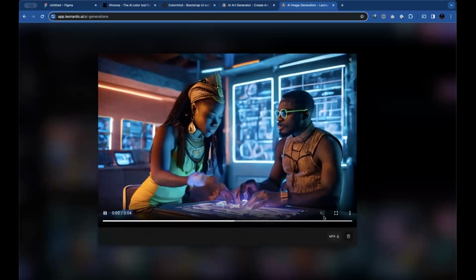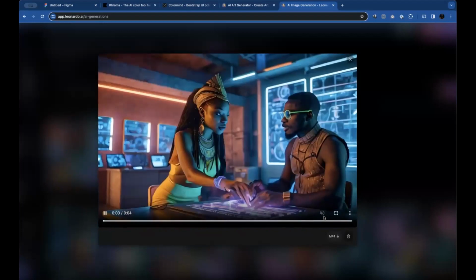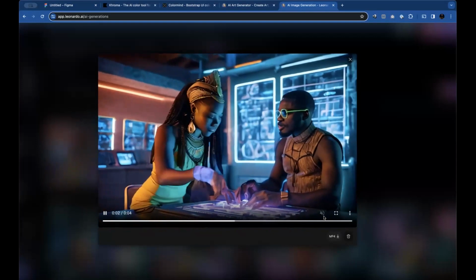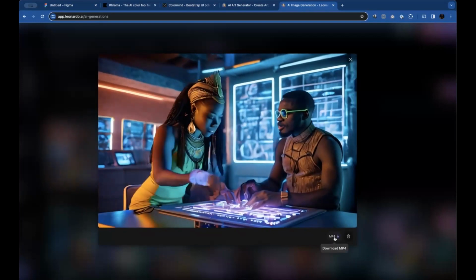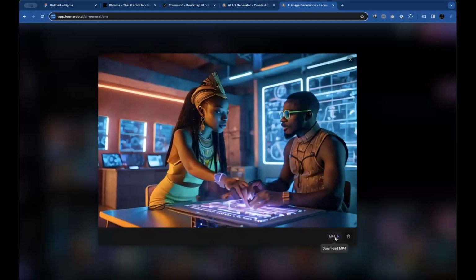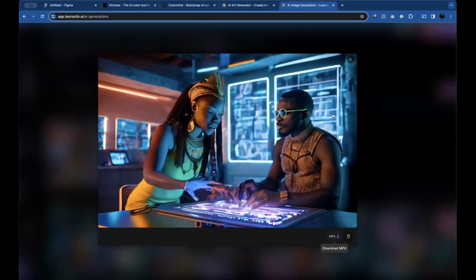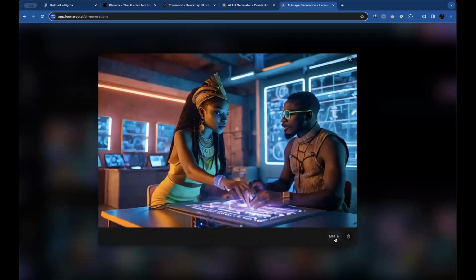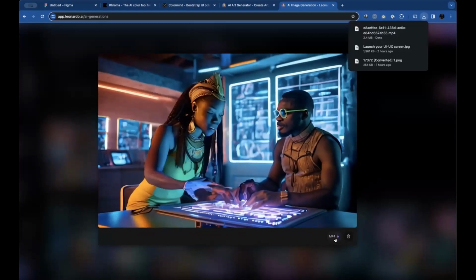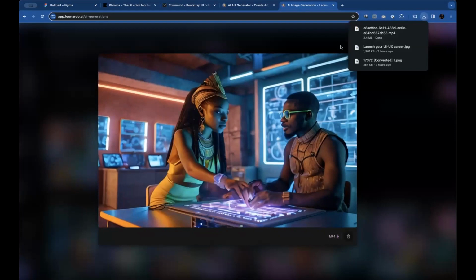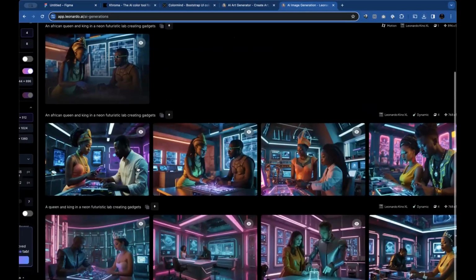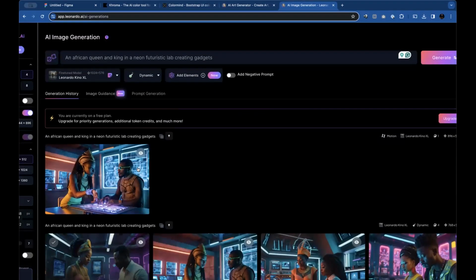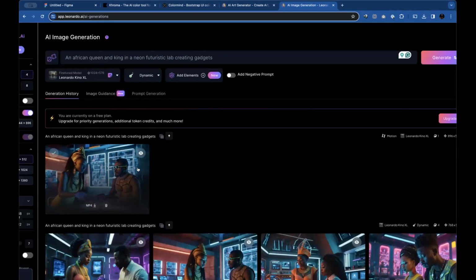So, for example, I want to create just a short scene. I can do this and also add it to my website, right? Download it as MP4, convert the MP4 into GIF and put it on my website, because sometimes MP4 can be very heavy, and then it makes your website slow. So that is what we need to know for now on this AI generation tool.